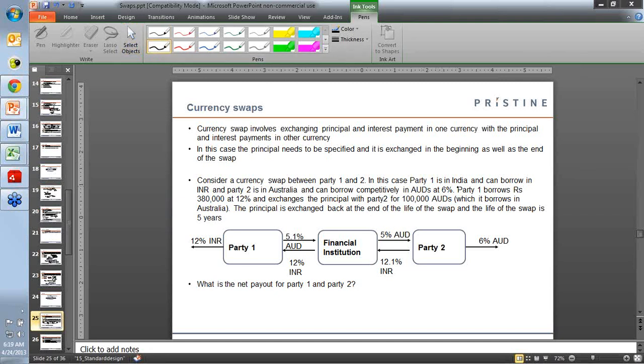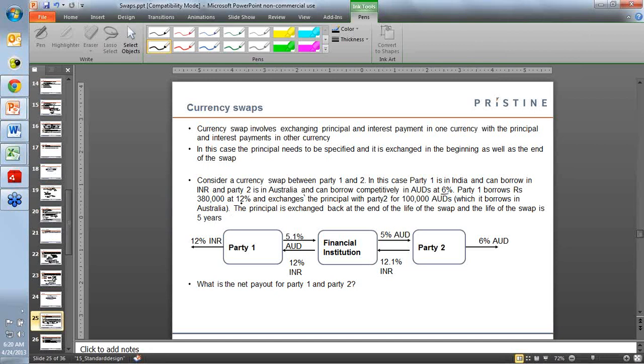Party 1 is based in India and can borrow in rupees, and party 2 is in Australia, can borrow in Australian dollars at 6%,